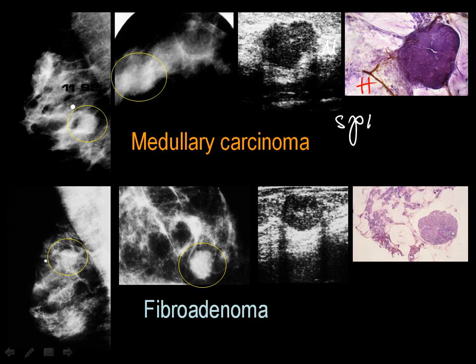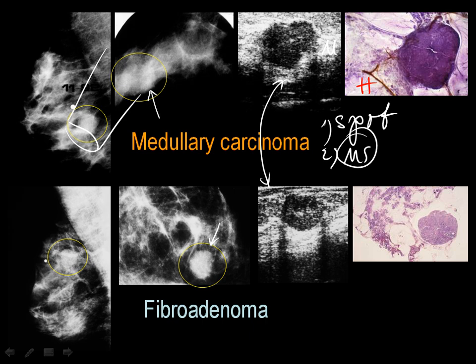So spot compression is going to be one of the tools we are going to use in order to spread the superimposed parenchyma away from the circular lesion, benign or malignant, in order to judge the contour. But many times, medullary carcinoma is more sharply outlined than a shrinking fibroadenoma. Then we use ultrasound. Unfortunately, many times it is extremely difficult to distinguish fibroadenoma from medullary carcinoma by only looking at ultrasound examination. It is indeed ultrasound-guided preoperative needle biopsy that is going to establish the preoperative microscopic diagnosis, and then we can